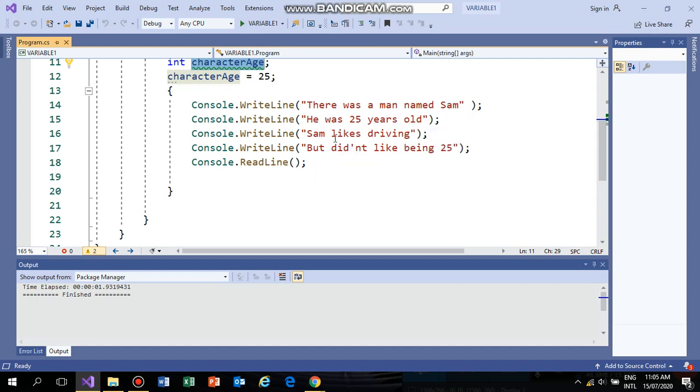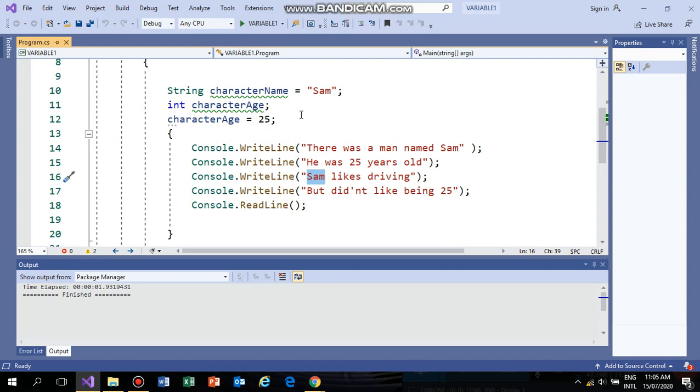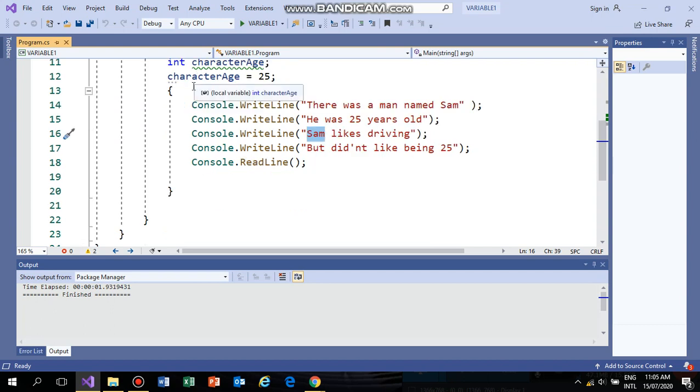So in these lines I took character name as a local variable, and in these lines 25 and 25 I took character age as an integer local variable.